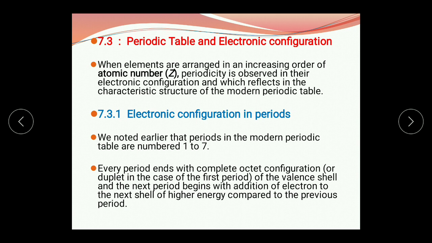In the second shell, it has a capacity to accommodate 8 electrons, and the remaining electrons will go in the third shell. And when the third shell is complete, the remaining electrons will go to the fourth shell, like that. So K, L, M, N are the shells placed from the nucleus to the outermost shell. That means too near to the nucleus is the K shell with the lowest energy, and then L shell, then M,